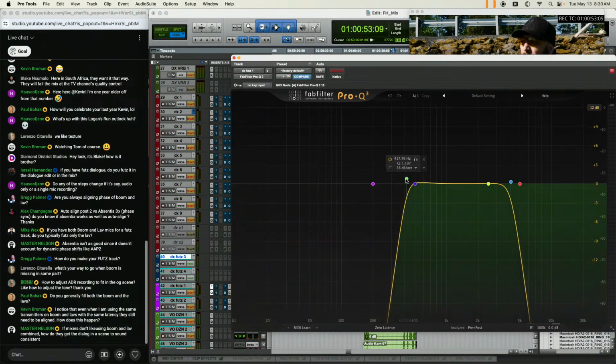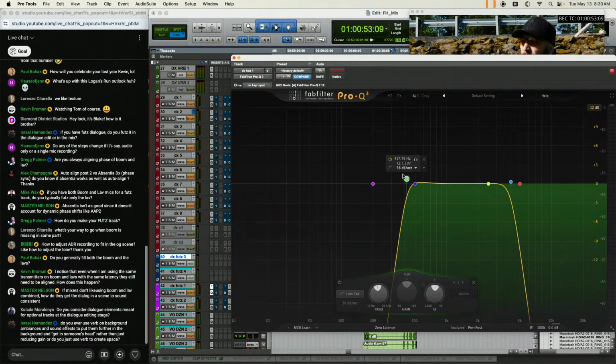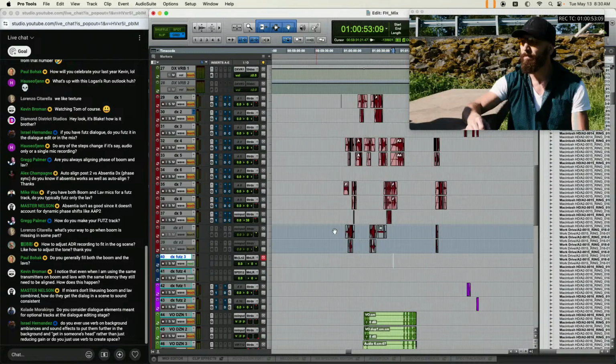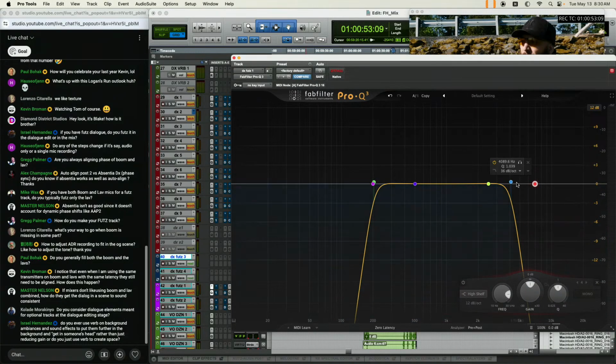I like to do a band pass at like 400 to 500 and then one at like 4 to 5K. This is just a basic, pretty harsh 36 dB per octave high pass and similar on the low pass. So I want it to be super band limited so I can really crunch it up. This is something directors end up wanting to adjust a lot, is the FUTS. Some of them want a realistic FUTS, and then some of them want more gentle FUTS. So that's how you do it.